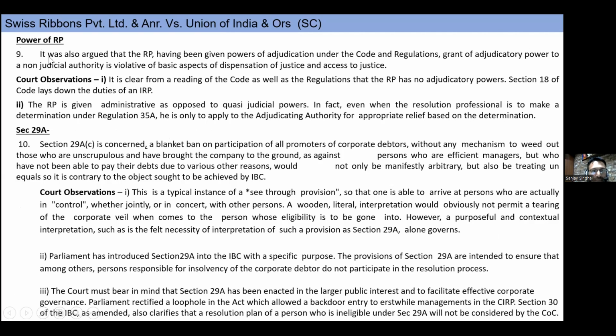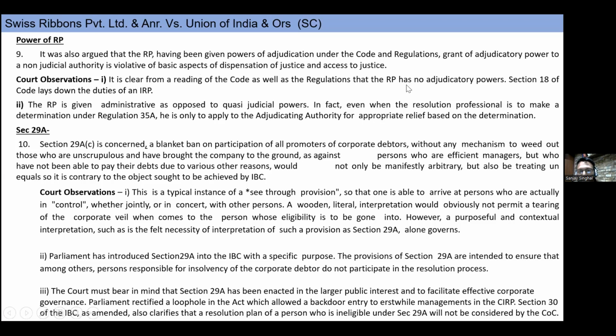So it is important. It was argued that the RP has been given the power of adjudication under the code and regulation. Grant of adjudicatory power to a non-judicial authority violates the basic aspect of dispensation of justice and access to justice. So they are saying the RP, or resolution professional, is a non-judicial authority and he has the adjudicatory power. So what was the Supreme Court's observation? It is clear from the reading of the code